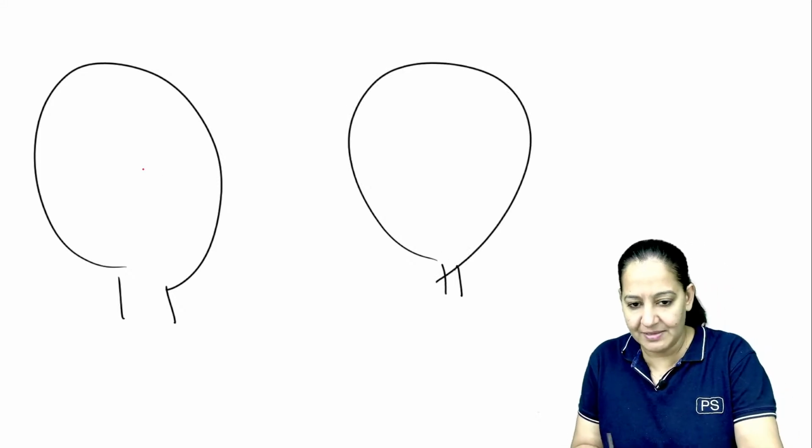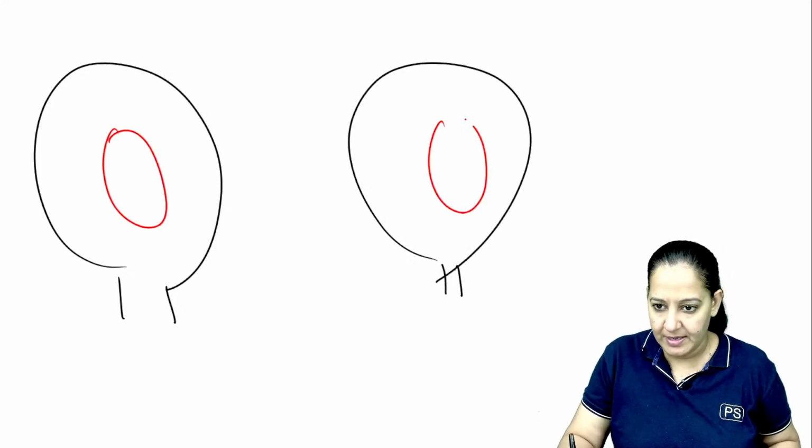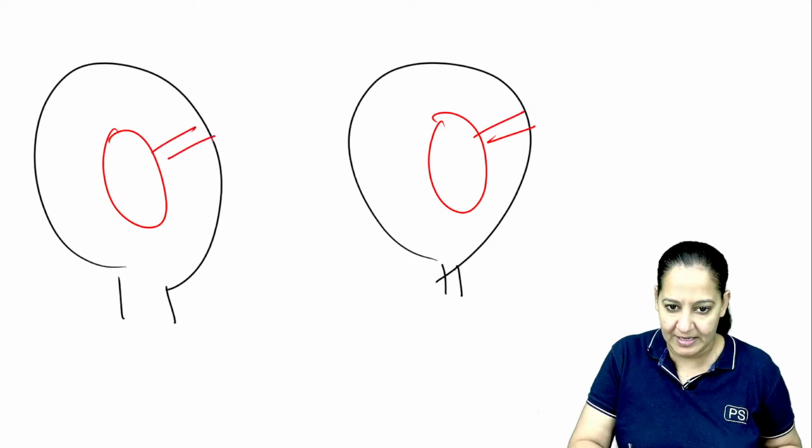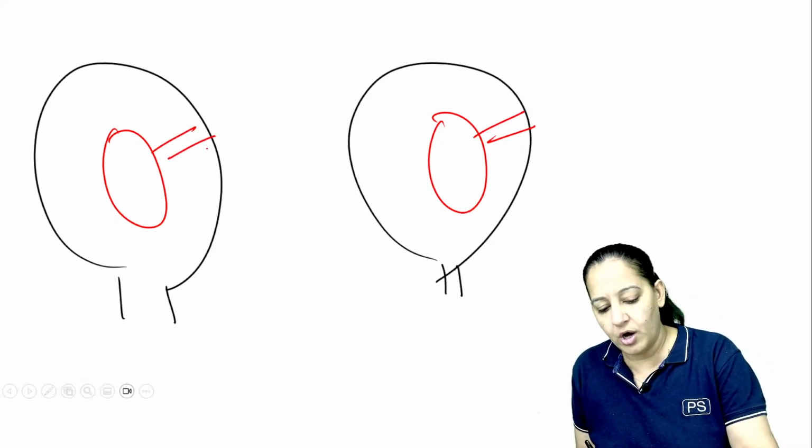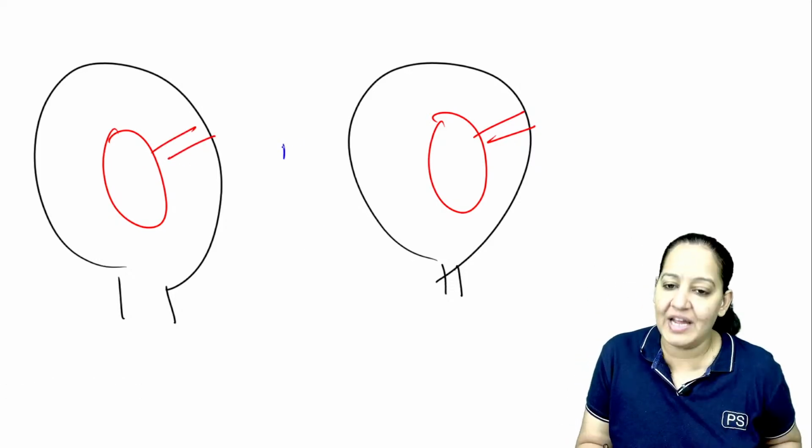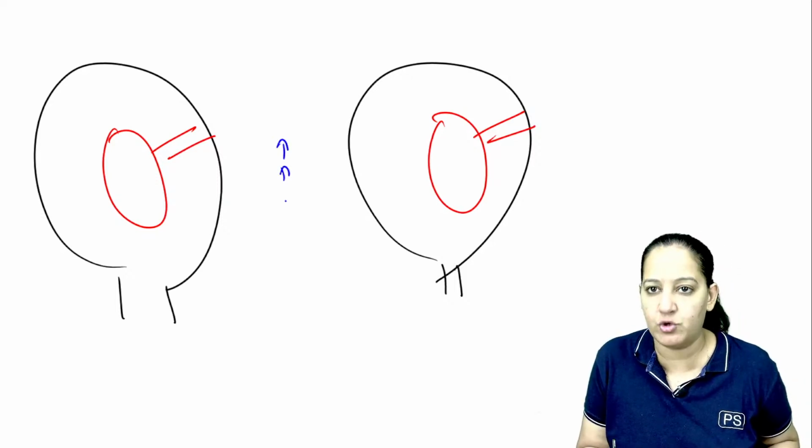This is the first. This is the second. Inside them, this is the fetus. And this is the placenta connecting the mother and the fetus. Okay. Now, do you know a rule that as the gestational age goes on increasing, 20 week, 22 week, 24